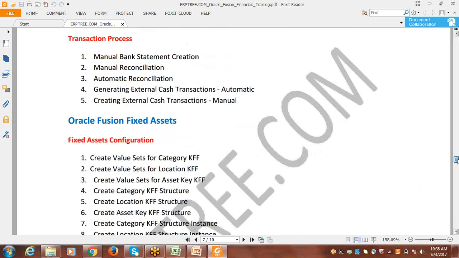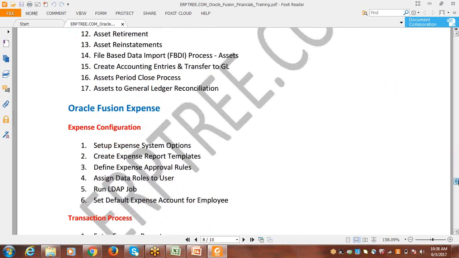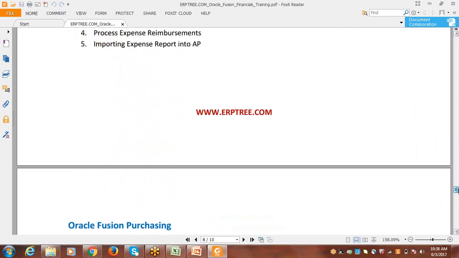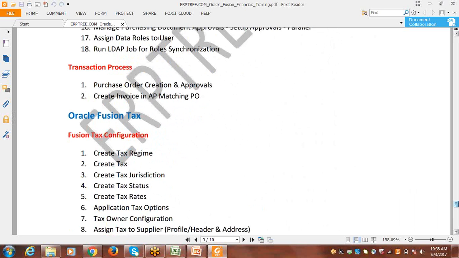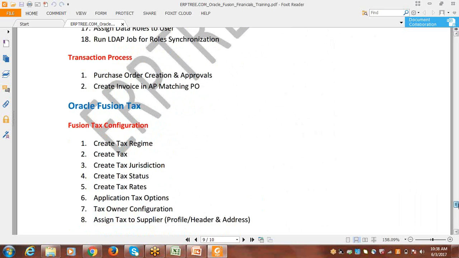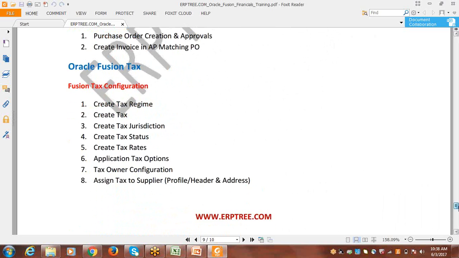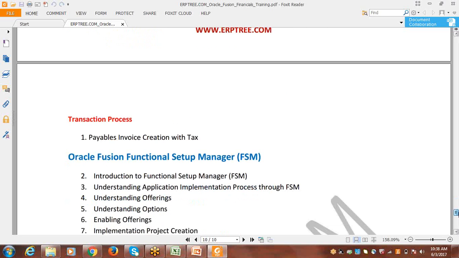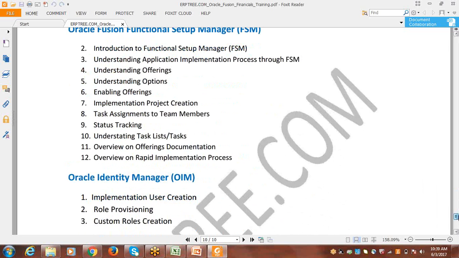Then cash management and fixed assets configuration and different concepts, and the Fusion expense configuration and basic process, and purchasing configuration and process, purchase order creation, approvals, setting up approvals for purchase orders, and creating an invoice and matching with the PO, and Fusion tax basic configuration and the invoice or transaction creation with the tax calculation, and